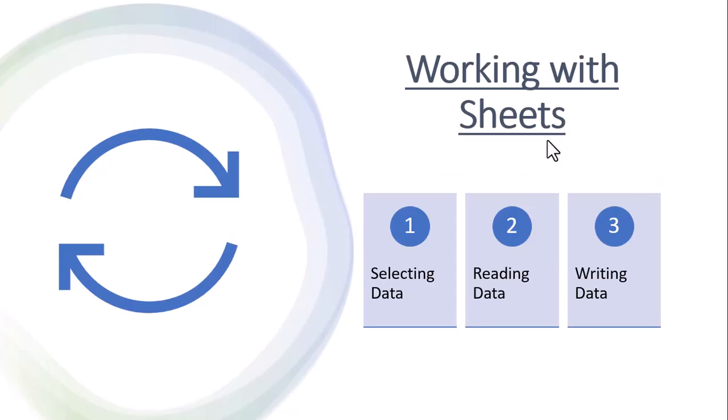In the fourth module, we are going to talk about working with a sheet. How do you select a sheet in VBA code? How do you read a sheet in VBA code? And how do you write something in VBA code? This is going to be a very easy logic to understand, and it's not going to be a counting